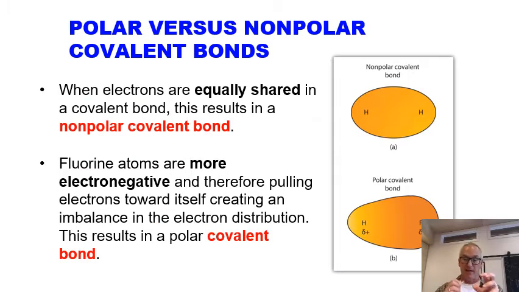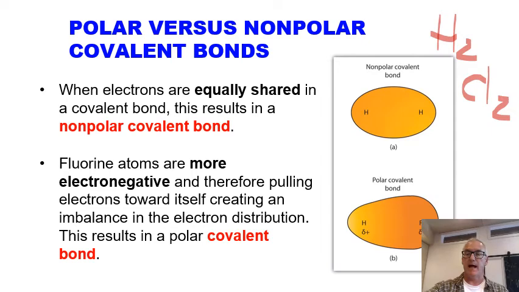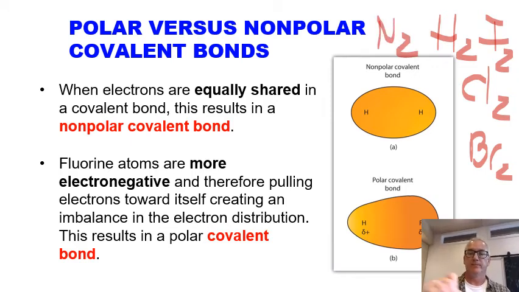So again, sort of making the point, sharing equally is what gives you a non-polar covalent bond. And so that happens anytime the covalent bond has the same atom on either side, like with hydrogen or chlorine gas or bromine or iodine or nitrogen. Notice a lot of these are gases